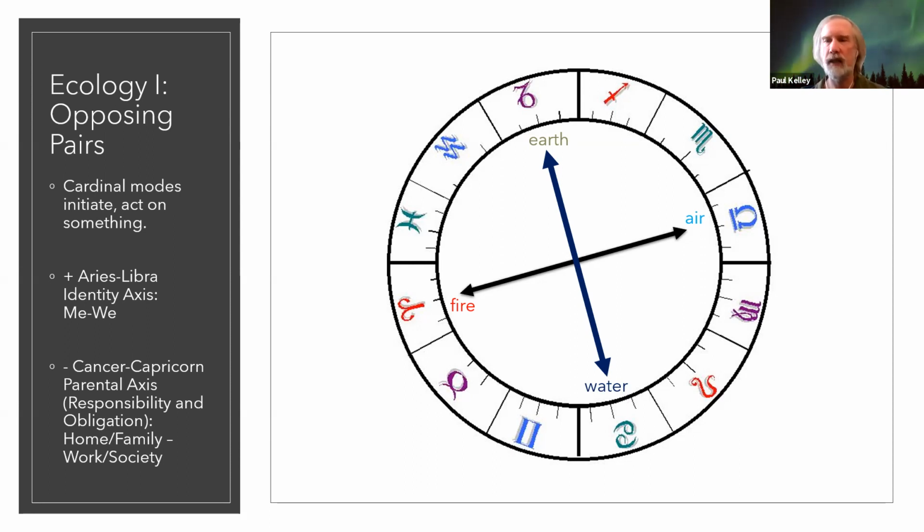So as you can see, they are opposing and they can butt heads. Obviously, you run into an Aries type and a Libra type. It's me, I want to do this. And it's like, hey, I'm trying to accommodate you, but you want to do your thing. What about my thing? Let's do something together. So they can be confrontive. But when you see that they're both sides of the same coin, they both have to do with how do I identify myself, then you begin to see that both ends are necessary,